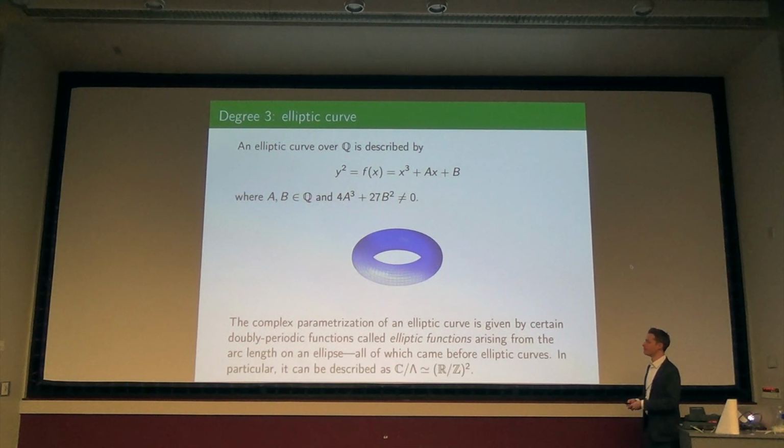Okay. For those of you who are analytically inclined, I do encourage you to think about elliptic curves as being the quotient of the complex plane by a lattice lambda. Or as R mod Z squared, you're supposed to see a circle going around this way, a circle going around this way, and topologically it's the product of those two things. So that is about the simplest kind of object that you could work with, and it really has a lot of nice structure. I'm going to be interested in the arithmetic, but I hope I've already convinced you that number theory needs all of these ingredients to understand the set of solutions. So in particular, we want to keep track of that.